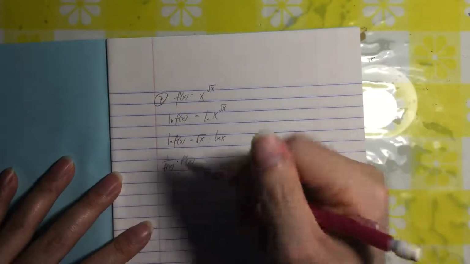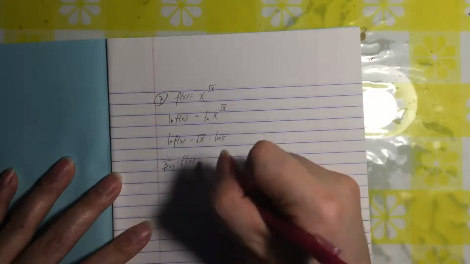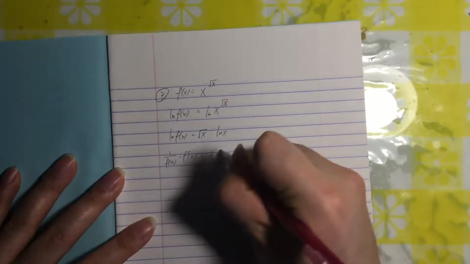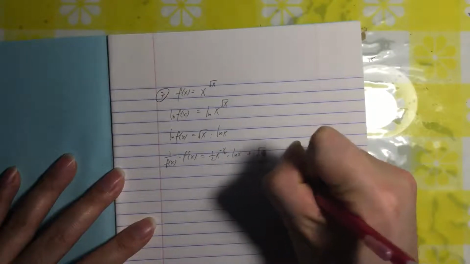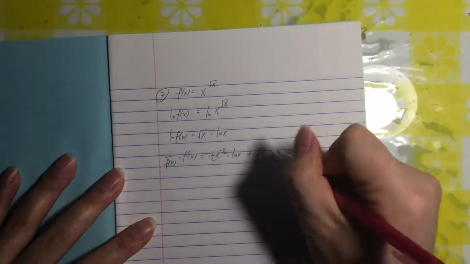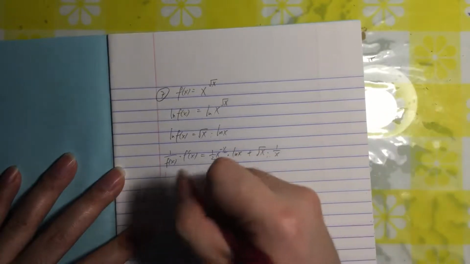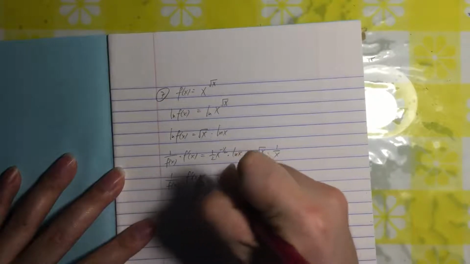Let's use the chain rule: 1 over the inside function times the derivative of the inside function. On the right side, use the product rule: derivative of the first times the second plus the first times the derivative of the second. And then simplify. We get 1 over f of x times f prime of x